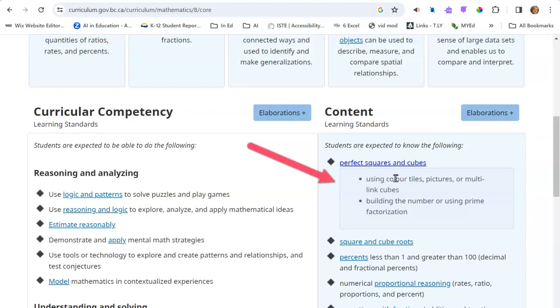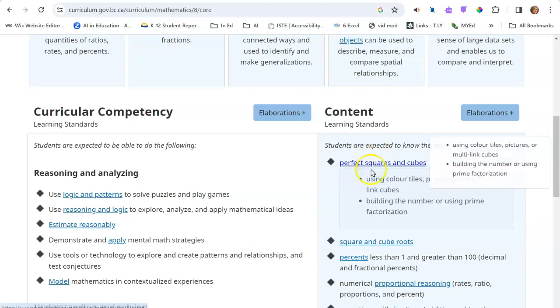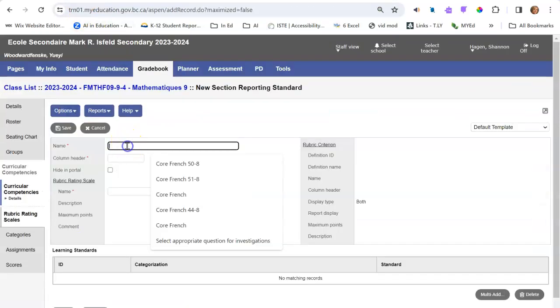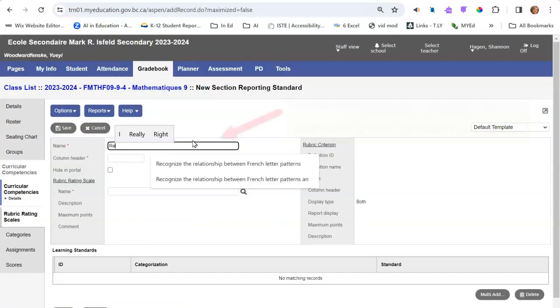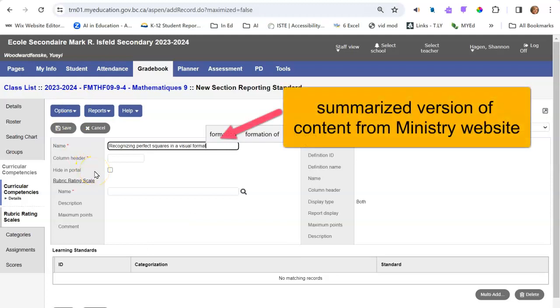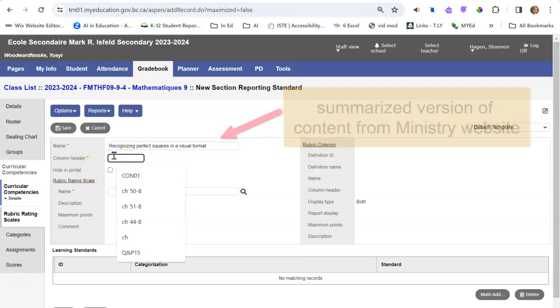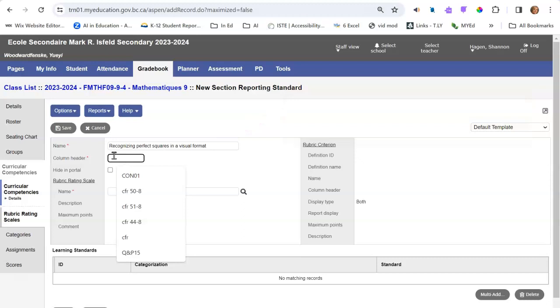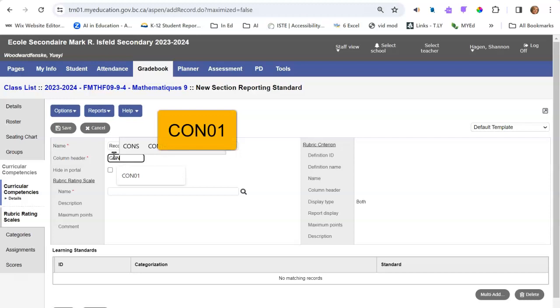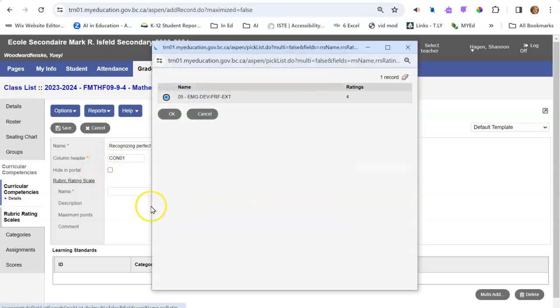And again, recognizing that I only have a 50 character limit, I'm going to sum up what this might look like. So what I'll do is I'll go back to my MyEd page, pop up the add window, and here I will say... your column header is again whatever you choose, but for me I'm going to indicate that it is content learning standard, and I'm giving it a numerical number just in case I add more than one,